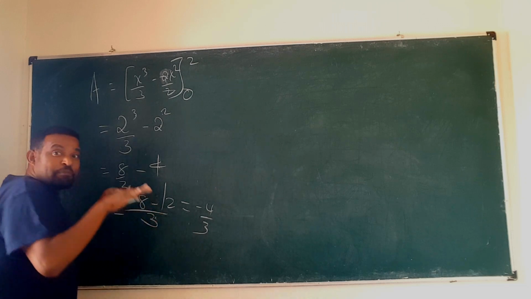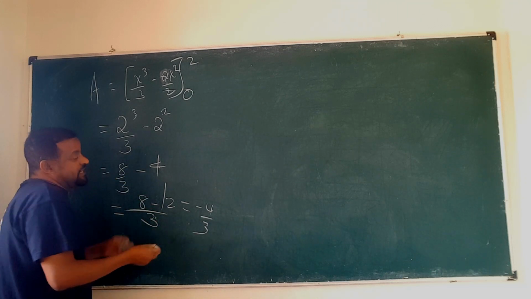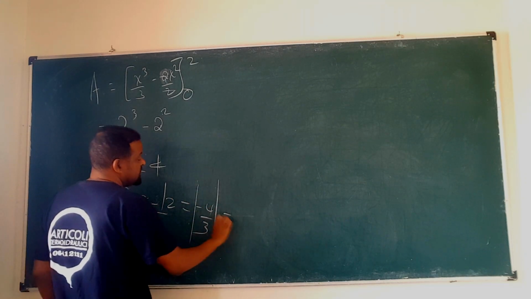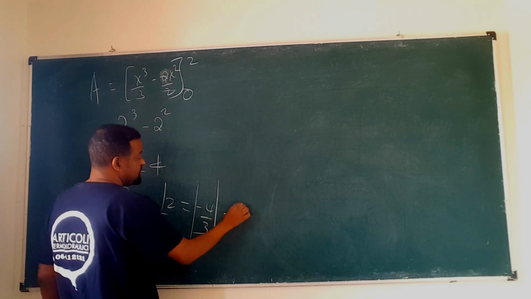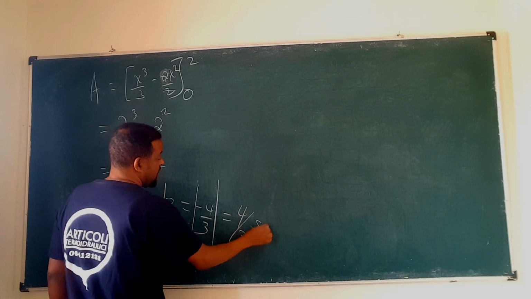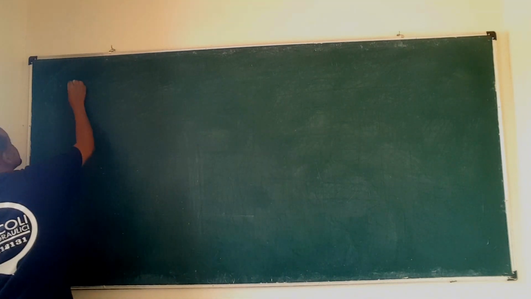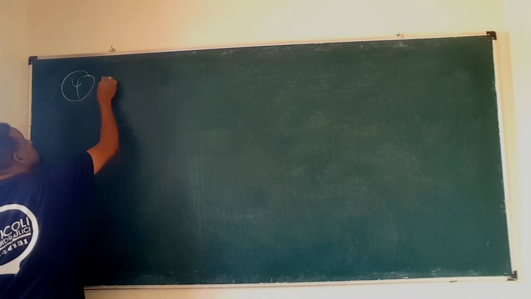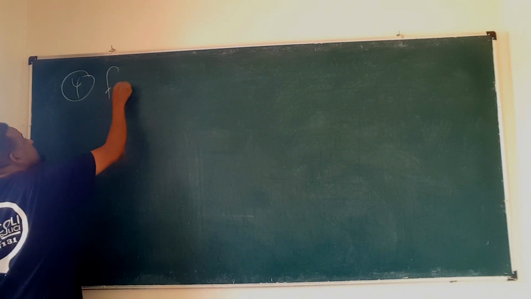ልብ አድርጉ አሁን below the x-axis ስለሆነ ሪጅኑ ስለዚህ ኔጌቲቭ መጣ. You need to take the absolute value of that, that's the positive part, so 4 over 3 square unit. So the first example, of course from your textbook, find the area of the region,